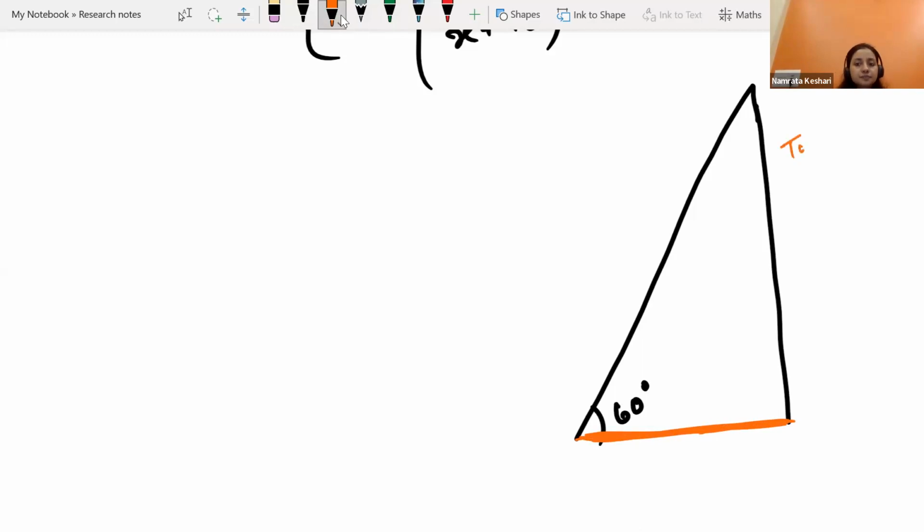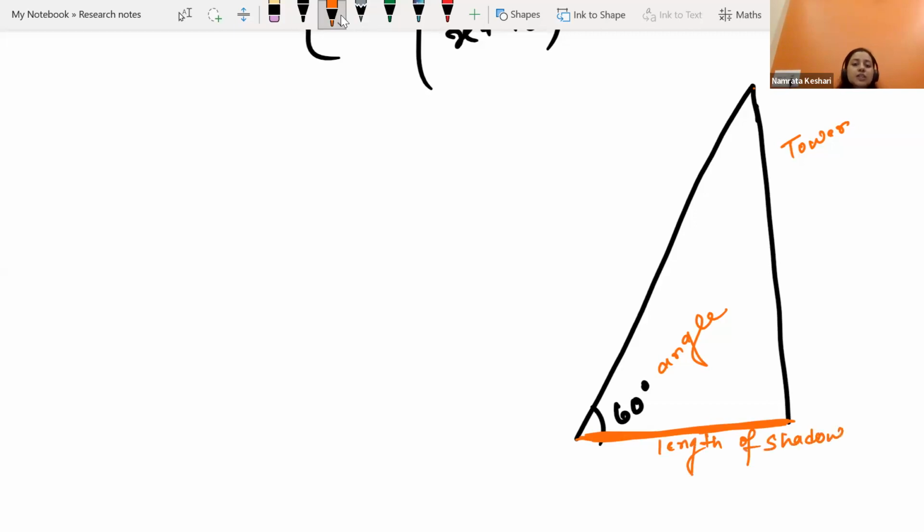Tower is there, angle of elevation, this is how we always draw. So here also 60 degree is mentioned. That means that is representing the angle of elevation to the top of the tower. This is how we'll be taking the angle of elevation. And the length of the shadow,